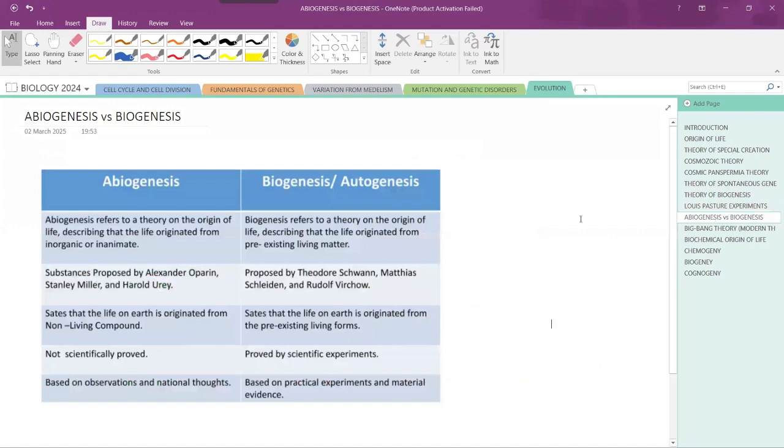So if we compare abiogenesis with biogenesis, abiogenesis refers to the theory on the origin of life, describing that life originated from inorganic or inanimate matter. Inanimate means,